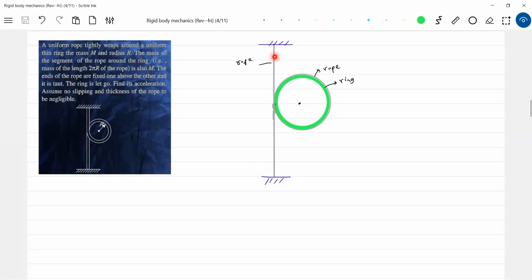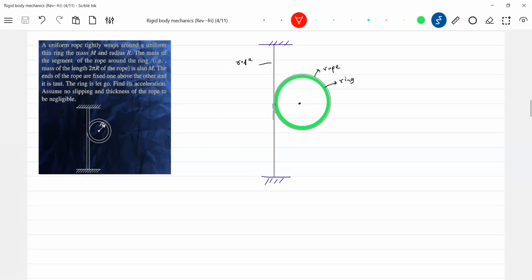The rope in fact is having a mass. The mass of the rope that is wound on the ring will be m all the time. So definitely the rope is having a mass. So what can be the tension? Where will tension be more, at the upper part or lower part of the rope? Upper part. At the upper part tension will be more. So here T1 you write, here T2, then here 2 mg.